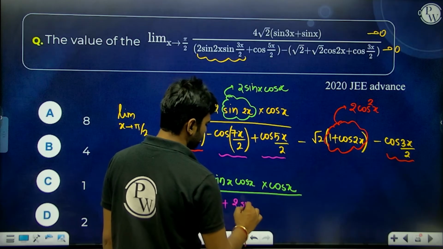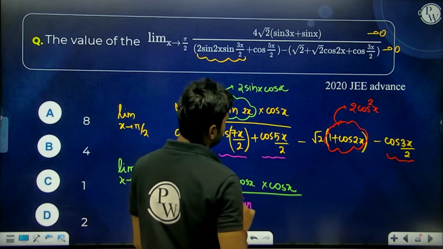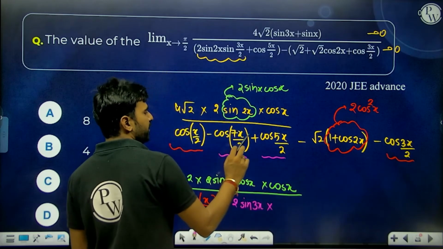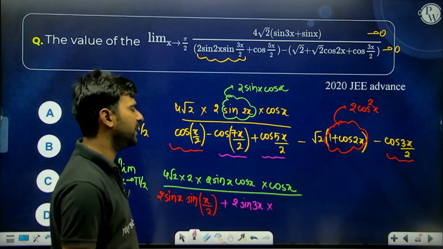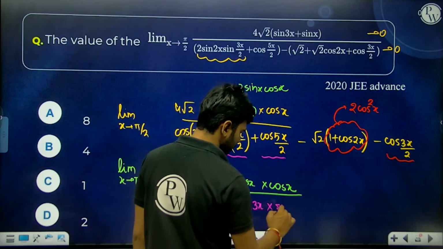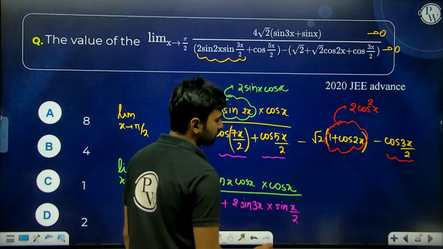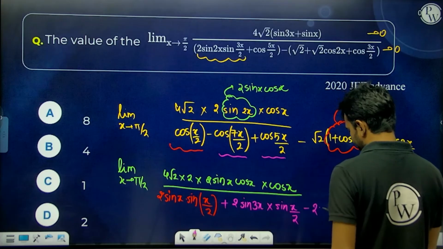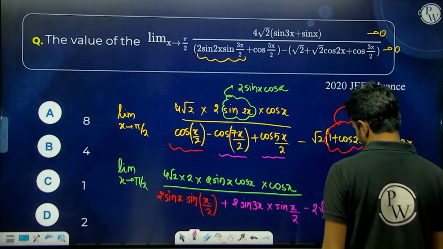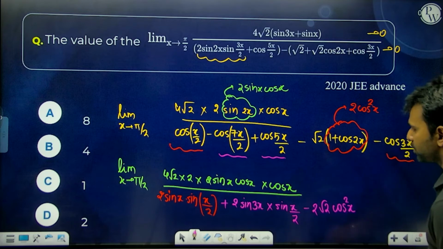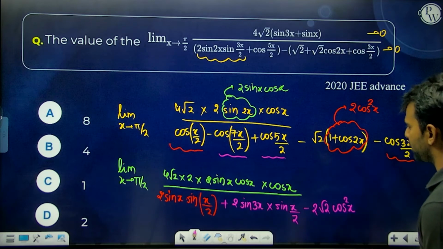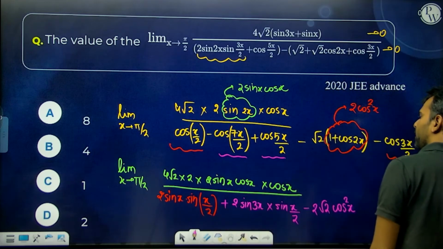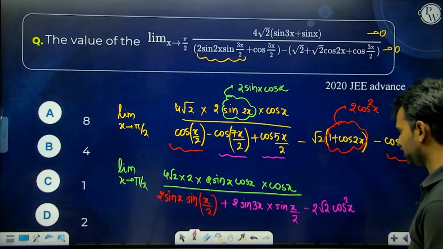sine of this plus this by 2, that is 6x by 2, that is 3x, times 7x by 2 minus 5x by 2, that is 2x by 2, that is x divided by 2, minus root 2 times of 2 root 2 times of cos square x. Now can we take cos square x common from these places somehow? Our agenda should be to take cos square x common from these kind of things. The moment we are done with that, I think we will be able to solve the question, because ultimately in